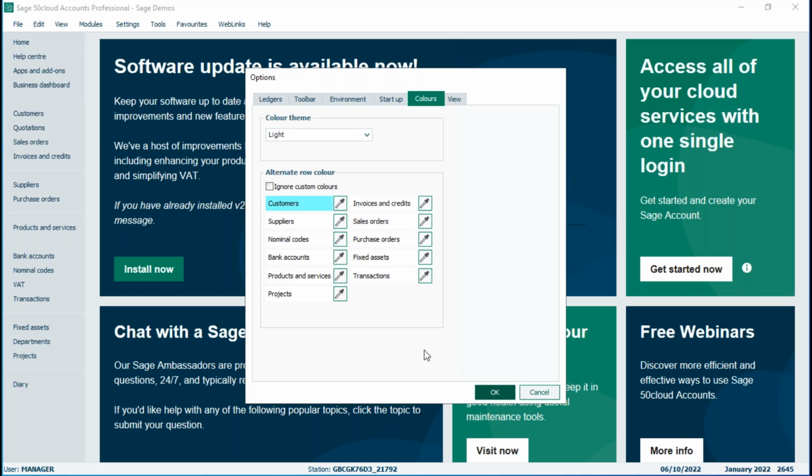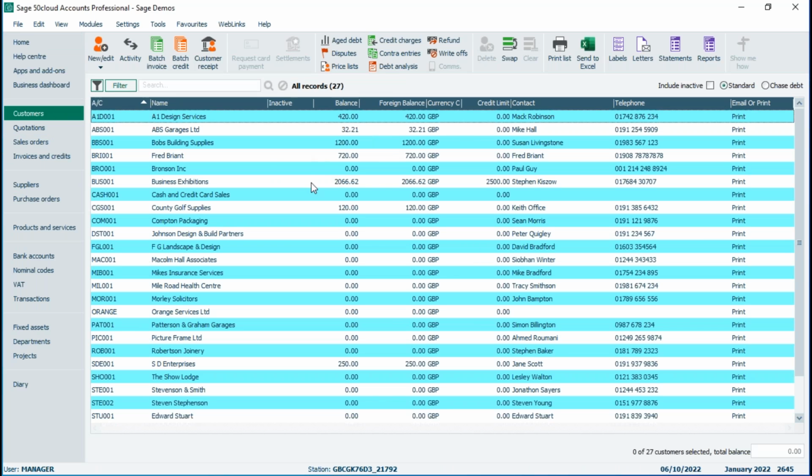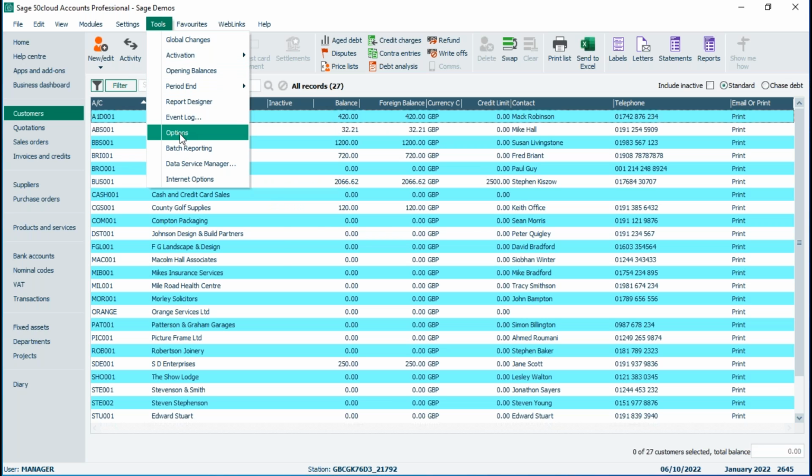Just to show you what that looks like, if I just click OK and go into Customers, sometimes it makes it a little bit easier to read. So I can have a little play around with that one as well. Now that one is a computer specific setting. So if you do change your colors, it's not going to impact on anyone else. So I'll just show you that one again. Tools, Options,